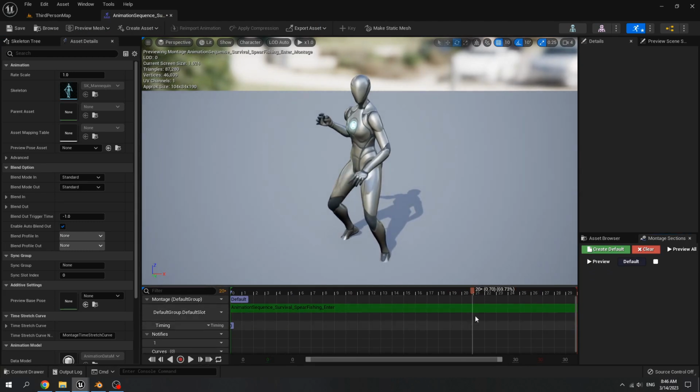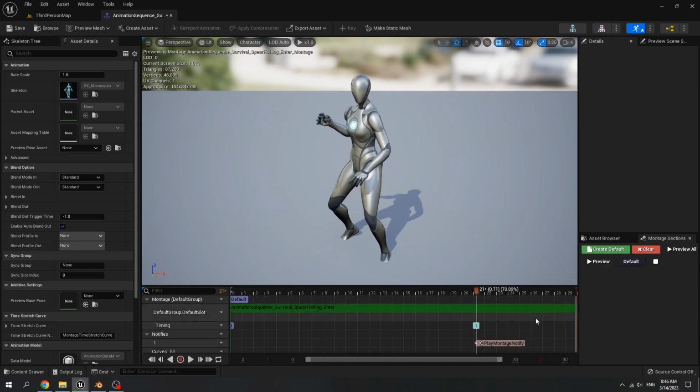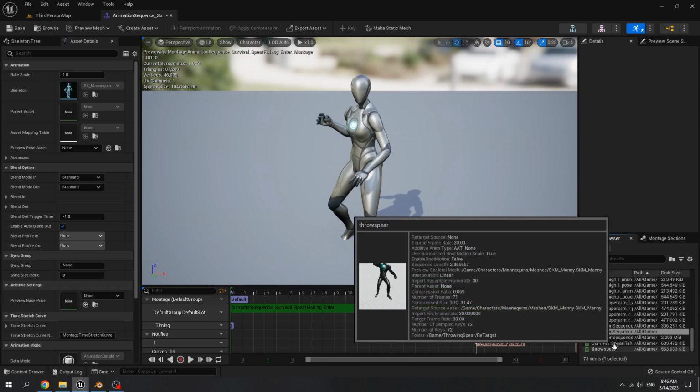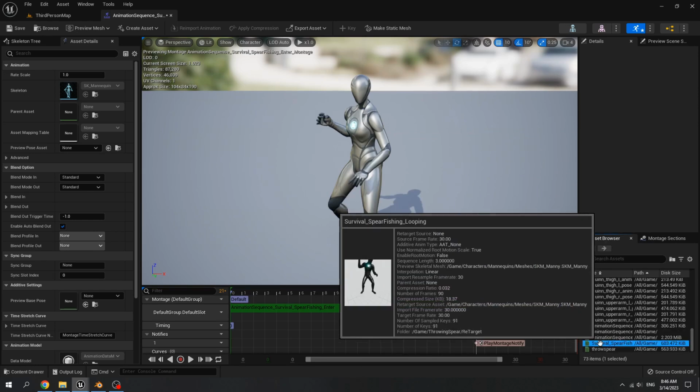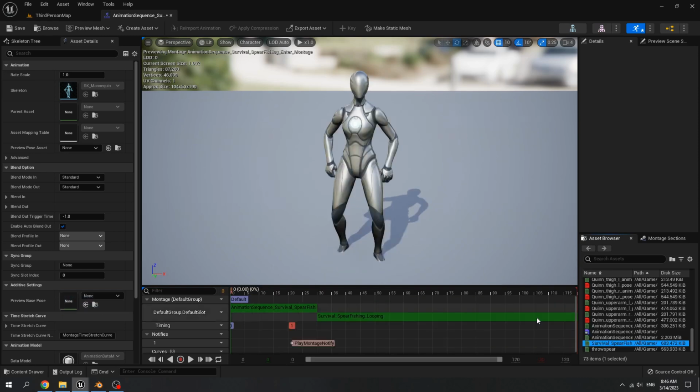On 21, right click on notifications, add notify, montage notify. Click on asset browser, find the spear fishing looping animation. Drag it inside the animation.